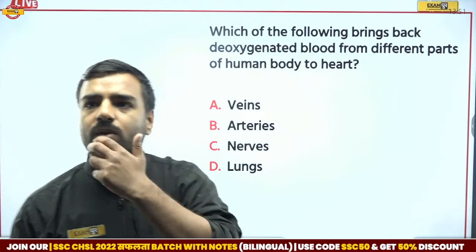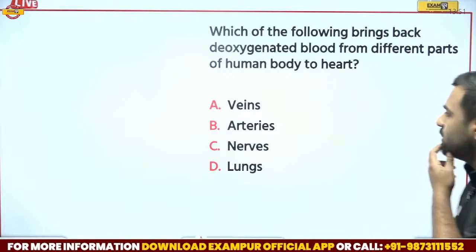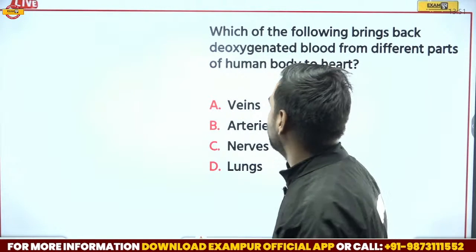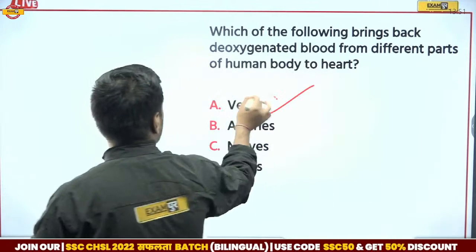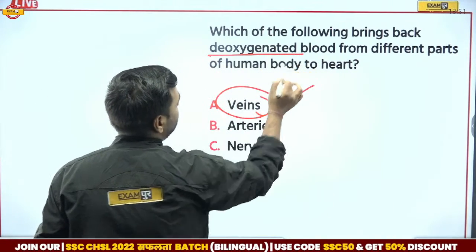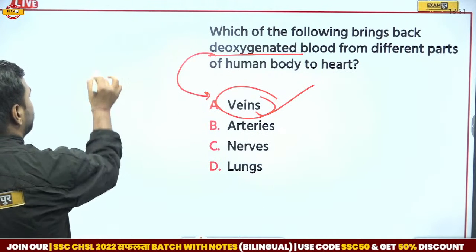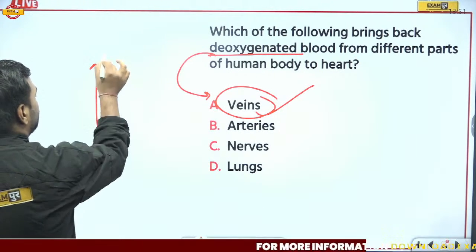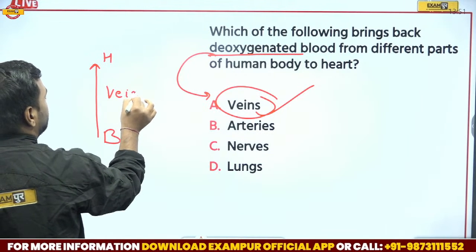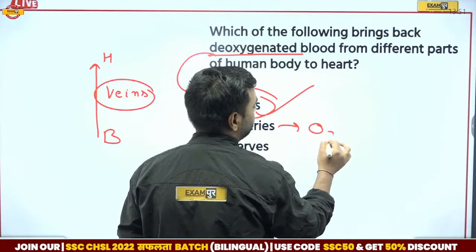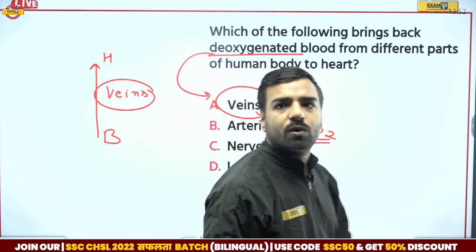Okay, so the answer is going with veins. That is Jia, and Jagdishan is going with A. Kirti is also going with A. Cool. Yes, that's true. Whenever we talk about veins, just have a look. Deoxygenated blood, that means we are talking about veins. And one more thing, whenever we talk about body to heart, it will be veins only. If I talk about arteries, it is the oxygenated blood, that is the blood with the oxygen's more quantity.